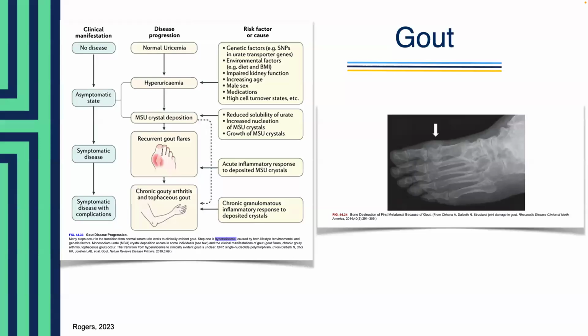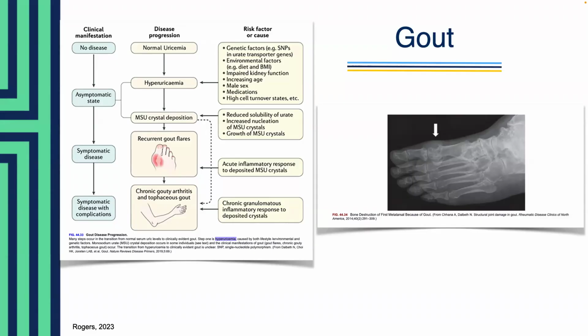The diagnostic tests that we look at for gout include blood tests to measure the serum uric acid levels. We can analyze joint fluid to detect those crystals. And then, of course, imaging like ultrasound or x-rays to look for the joint damage or those tophi, or the joint damage, either one. And you can see the figure 4434. That's a prime example of an image.